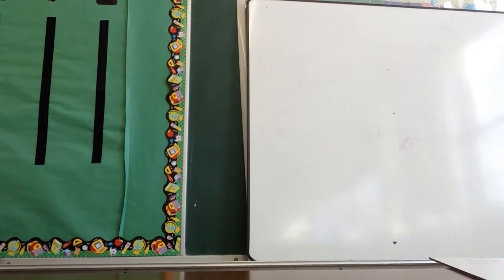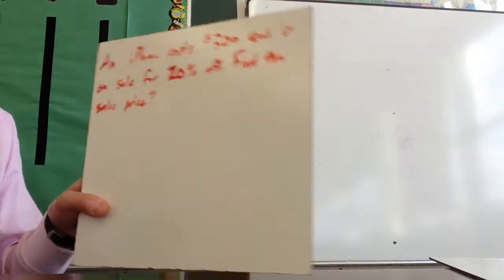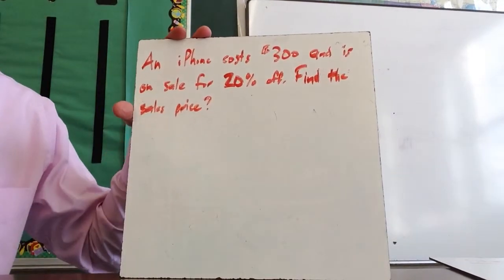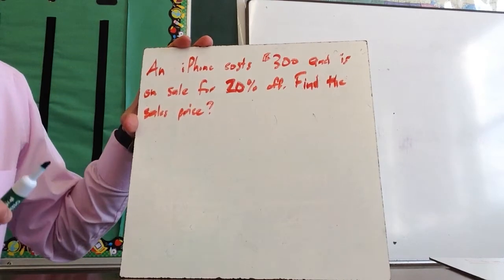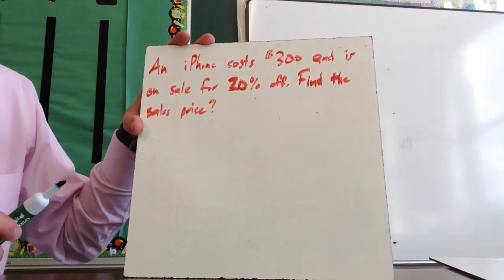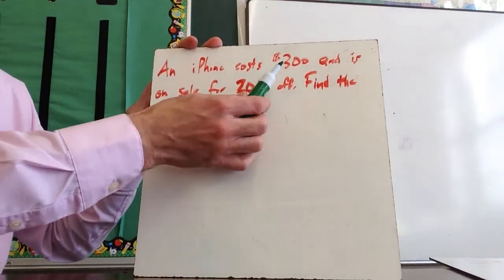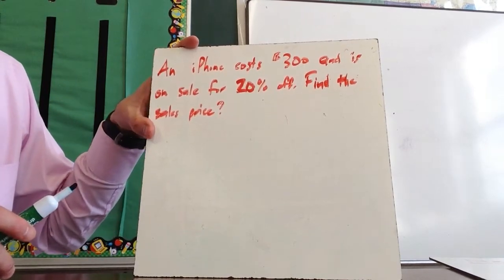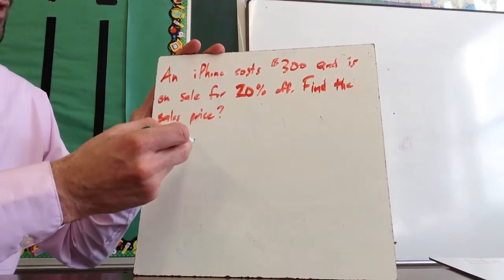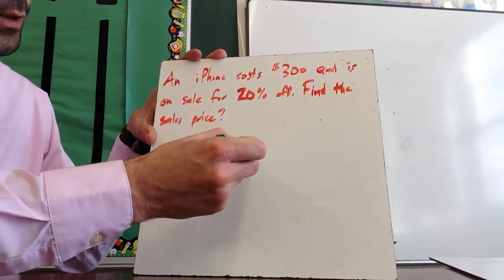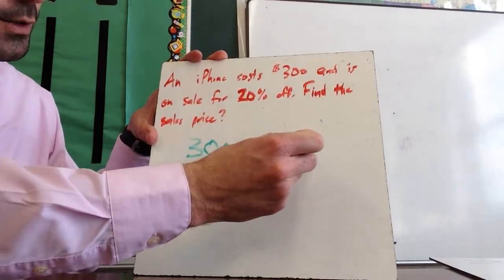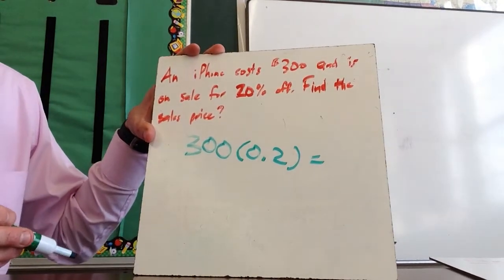All right, let's take a look at some other types of problems that you might see. For example, an iPhone costs $300 and is on sale for 20% off. Find the sales price. In order to do this, I first need to find the percent that I'm taking off of 300. So 300 is the original price times 20%. So 20% of 300